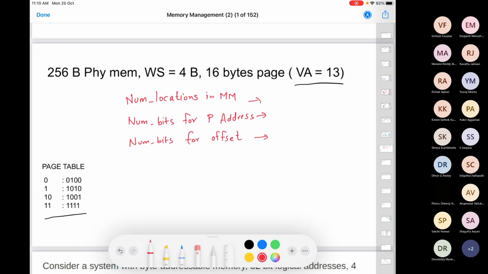If there is any confusion anywhere, you want me to repeat something, just let me know. Paging is one of the most interview-centric questions. If you're attempting an interview, there's a good chance that if you say operating system is your subject, they'll definitely ask you a question on paging.